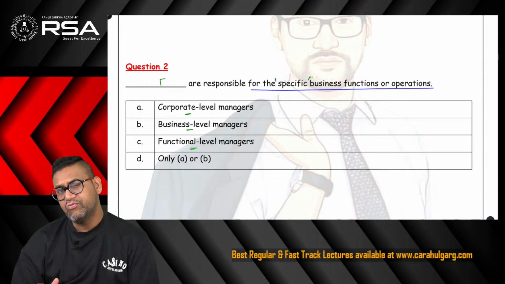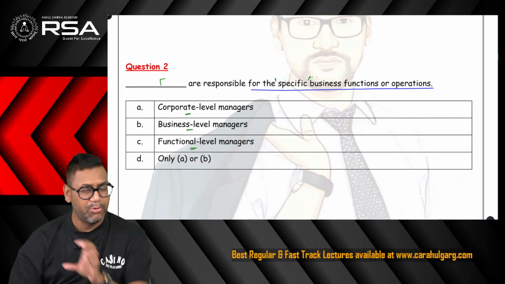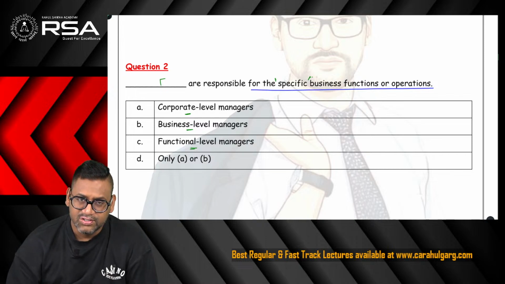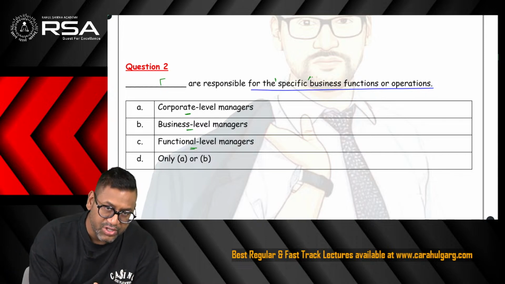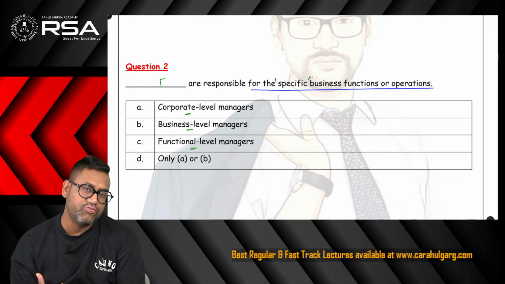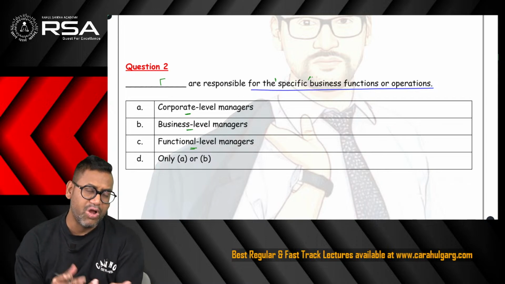What does it mean? When we do costing, topic 9, the budgetary control chapter, functional budget, over there we see purchase budget, production budget, sales budget, labor cost budget, etc. So that is nothing but the function, right? If I'm saying, let's say, sales function, who will be responsible for that particular function? Sales manager. If I'm talking about marketing function, marketing manager.